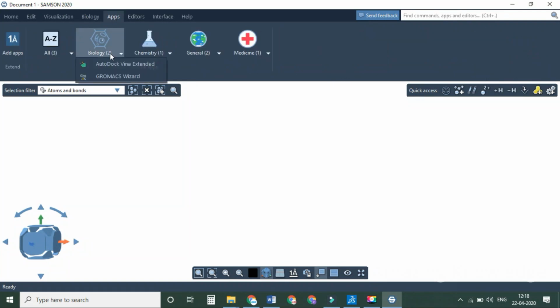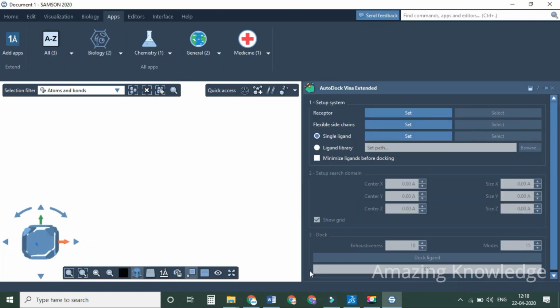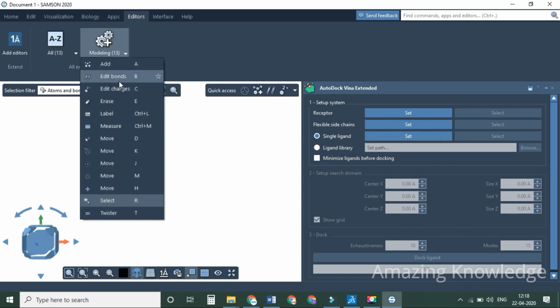And in Apps, I have already added two elements: one is AutoDock Vina, another one is GROMACS wizard. When you click AutoDock Vina, another tab will open. Using this only we are going to do the docking now. In Editors, it is the same thing: for the modeling, the functions you can do are given here.